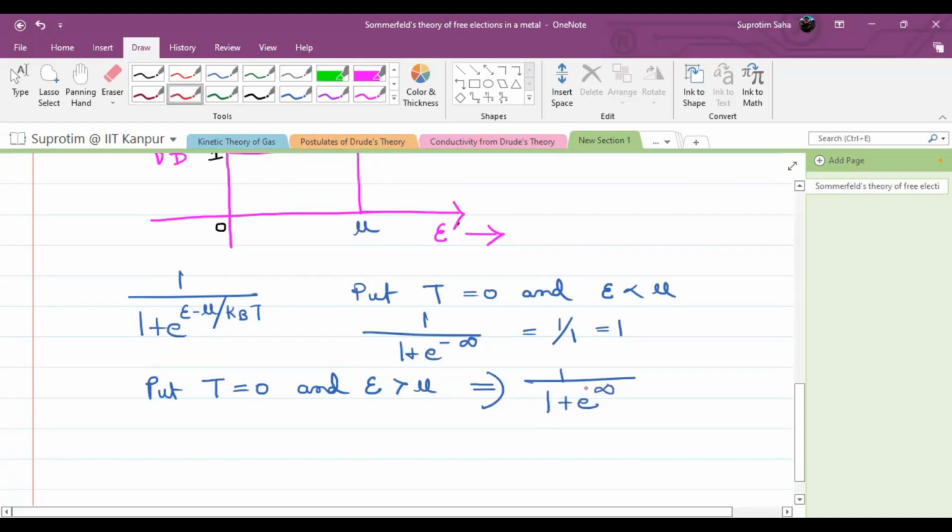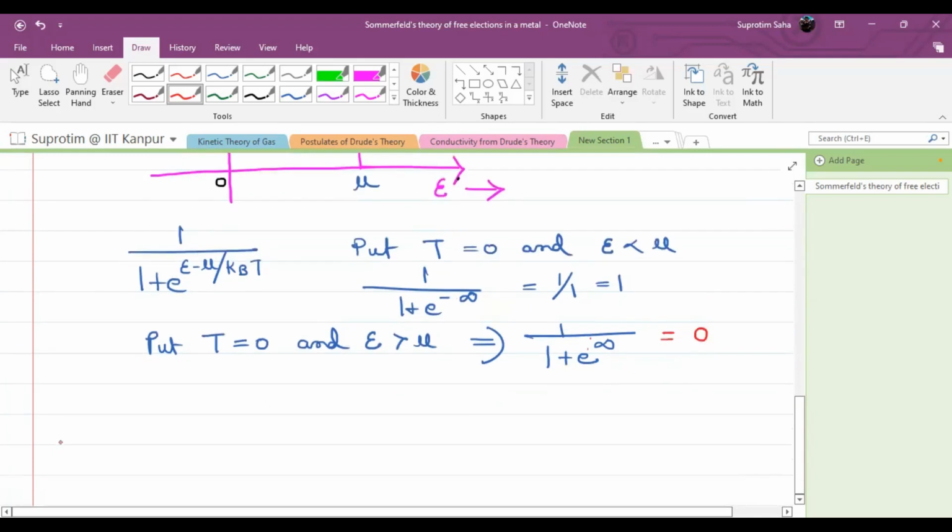So this will be much greater than 1. So the Fermi distribution is 1 when epsilon is less than mu, and this is 0 when epsilon is greater than mu